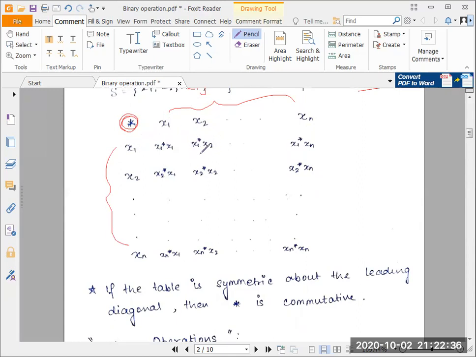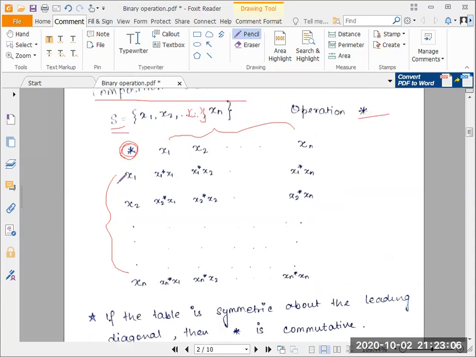We have a single value, a singular solution, which is an element of S. The fact that these resulting elements are also elements of the set S implies that the binary operation is closed under S. So if my mapping starts from S cross S and the resultant elements are also members of S, then I say that the binary operation is closed under S. That is a definition we use often.